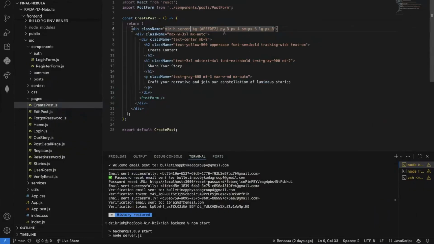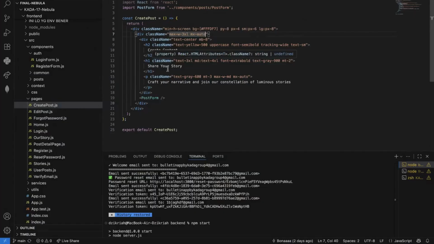Then the py and px classes add responsive padding for better spacing on all screen sizes. After that, this is the center content wrapper, which restricts the width to a maximum of 3xl, and mx-auto centers the content horizontally.